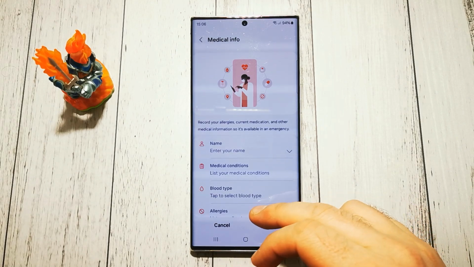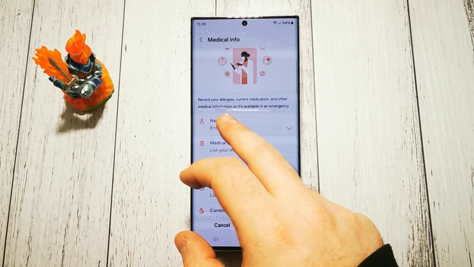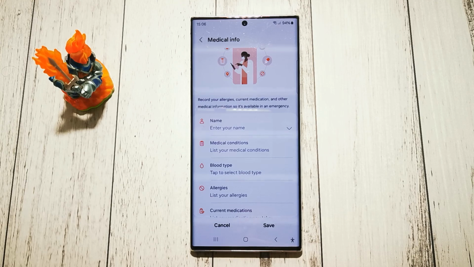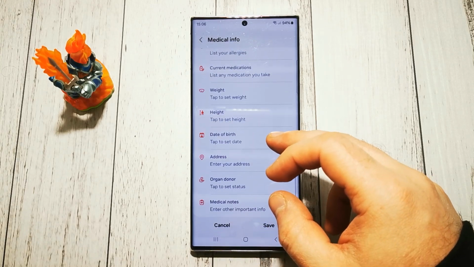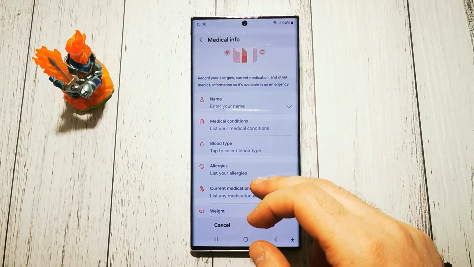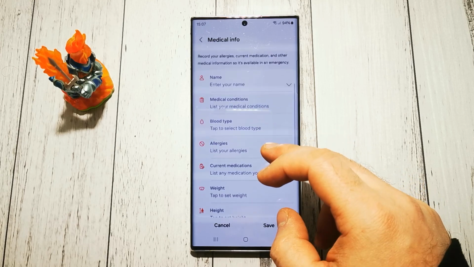What's here? There's a lot here. Record your allergies, current medication and other medical information so it's available in an emergency. It's everything in one place. Name, medical conditions, blood type, etc. Everything that can be needed